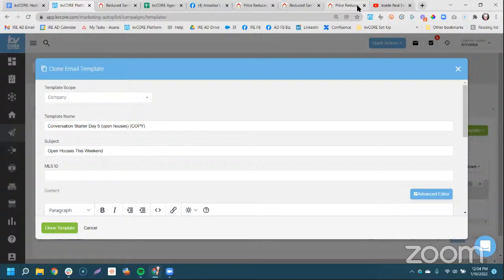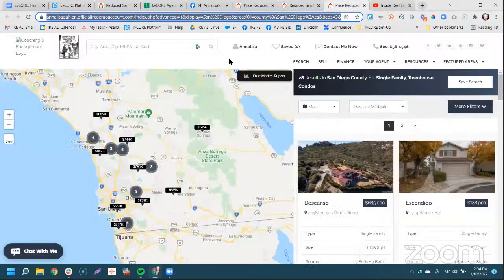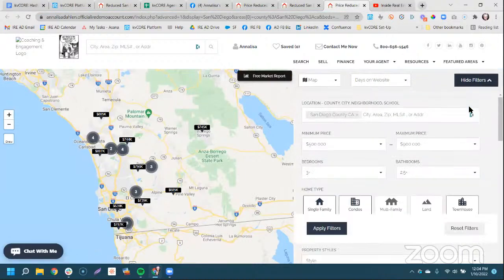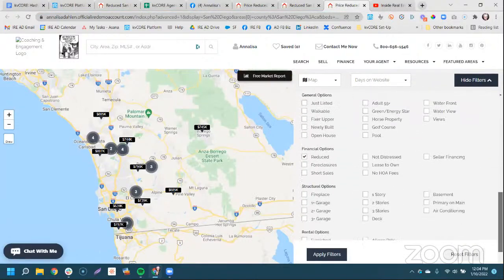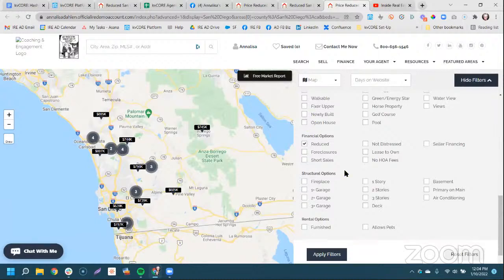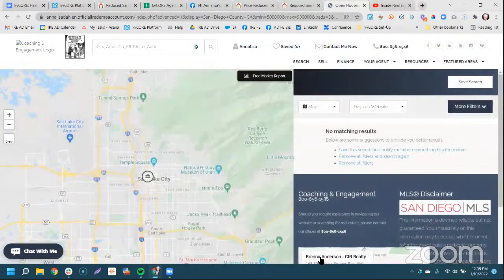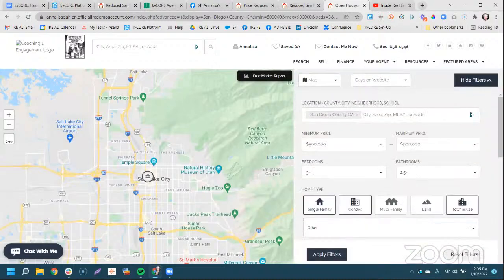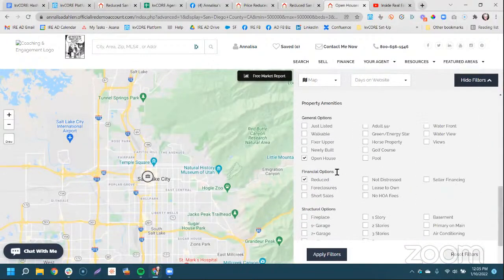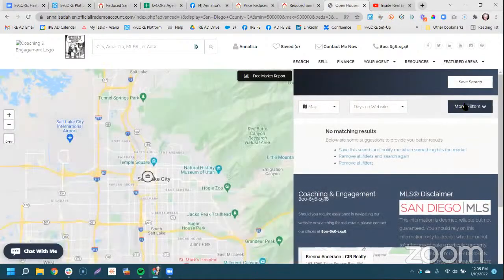And we can see if there are open houses out there. So I can go right back to my squeeze page, right? I can click more filters, and I can tick on there if there's an open house. I might remove reduced just to see. If I keep it at open house and reduced, not too sure what type of result we're going to get here. Probably a goose egg, I'm guessing. Yeah. So what we might do in this case is just do all open houses in San Diego County that have those parameters except for reduced. Yeah, so no open houses there.